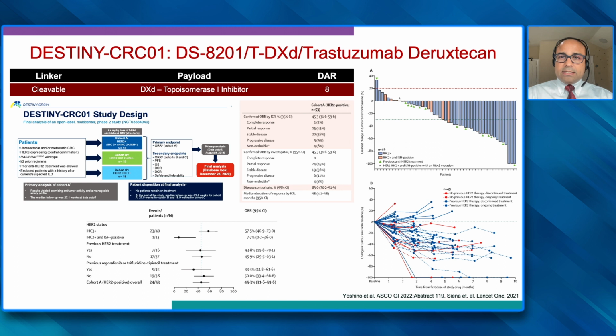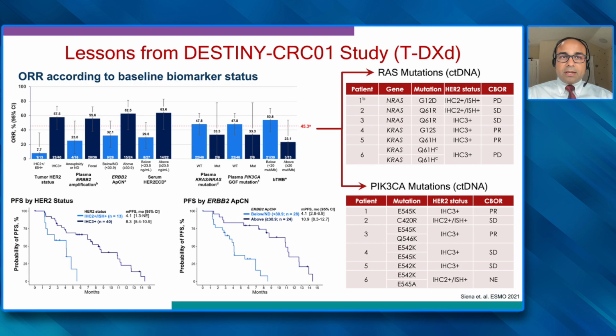Very similar to what is seen with dual anti-HER2 inhibition, you can see the majority of these responses are restricted to the IHC 3 plus population, which are the high expressors, but very interesting and encouraging results nonetheless. The biomarker analysis of this study was even further interesting. So they did circulating tumor DNA analysis on some of these patients. Remember, these patients were RAS, BRAF wild type, which selection was based on the conventional wisdom that came from dual anti-HER2 inhibition.